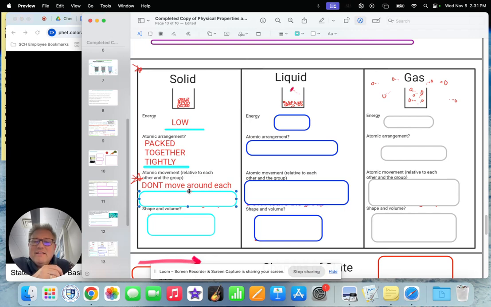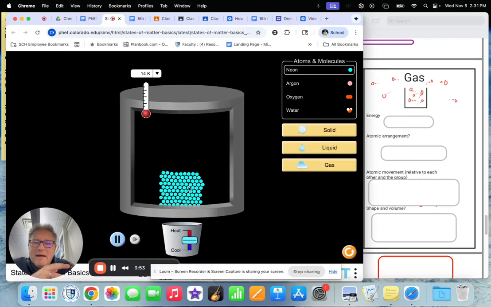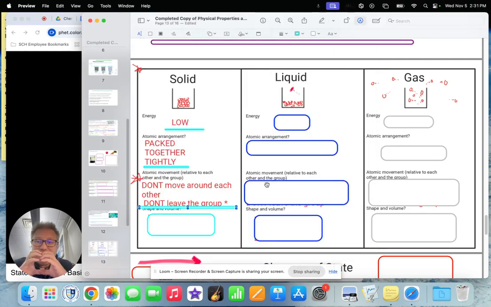In a solid, they do not move around each other. The particles don't move around each other very much, and they don't leave the group. We can say in here that they're not moving around each other and they're not leaving the group. They're staying in this crystal, this solid structure in a solid. Because of that, because of the nature of the particles, we can say, let me move this over here actually,